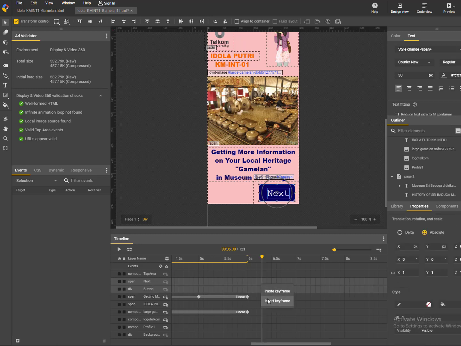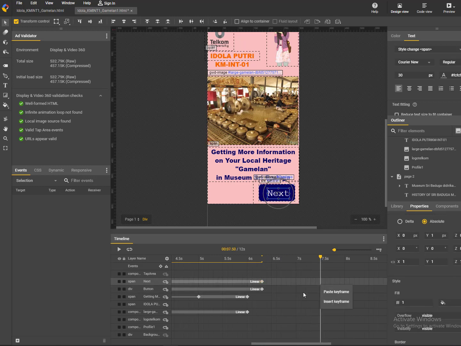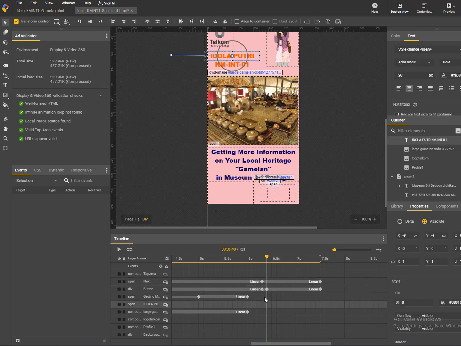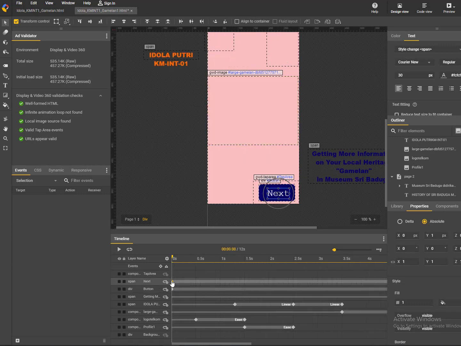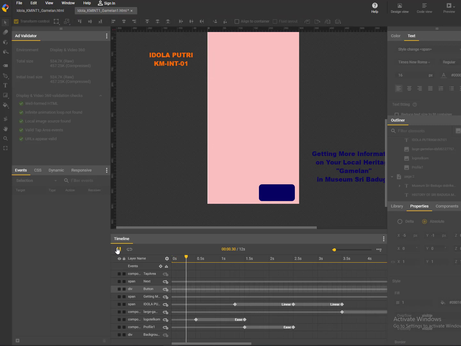This one, insert keyframe, then go to this one, also insert. You can just do it one by one, or make both of them at the same time. Okay, just do it one by one. Oh, what's this? Just make sure you have the detail right on that, because if not, you will make some adjustment that you don't want to be there. So okay, let's play it all.